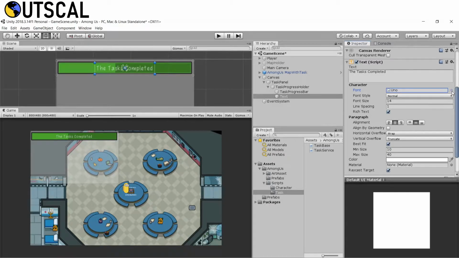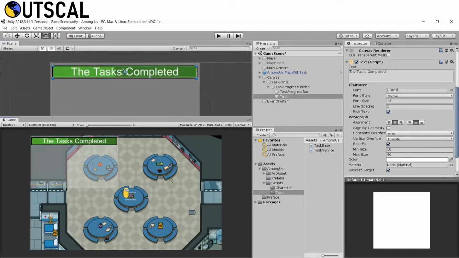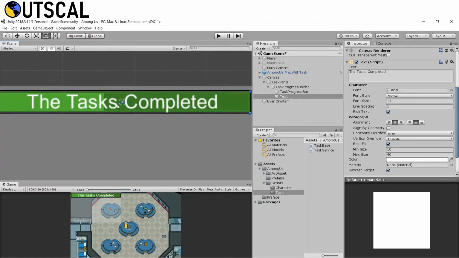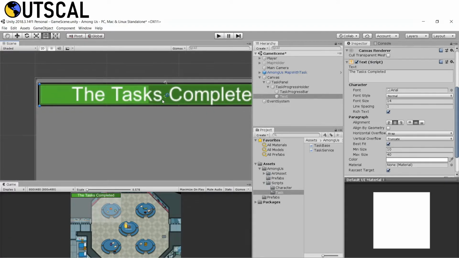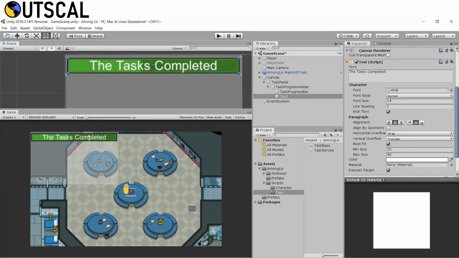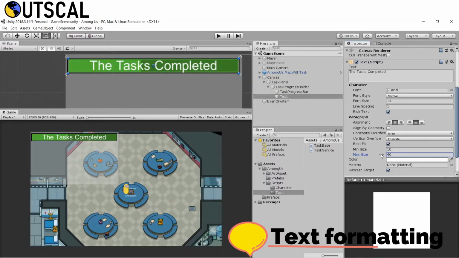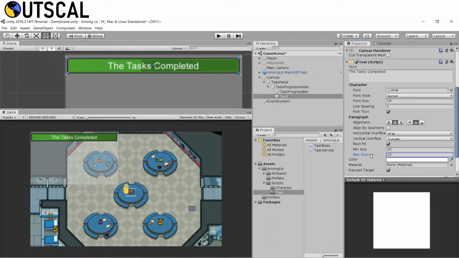Well, this thing doesn't look great. Let's use the Arial only, and let's change its size as well. And you can see we have these anchors here. Let's arrange these anchors to the edges. Okay, the text looks little bit big guys, so let's reduce its size. So in here we have this max size. We can select and drag it here like this down, or if you want we can just set it manually like 20.